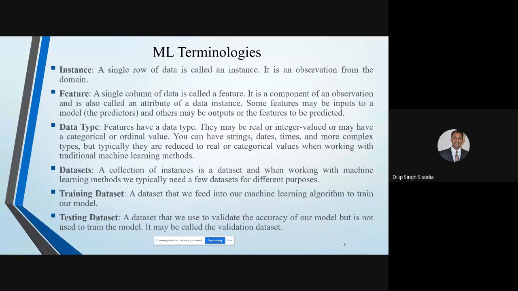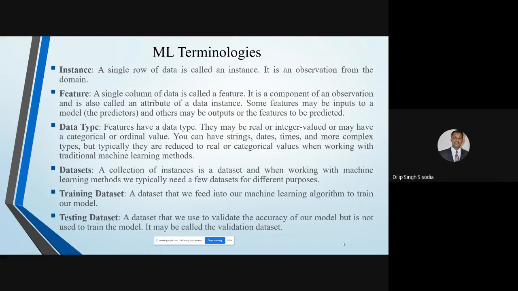But the whole data modeling concept is around how we can use this data. So the first term is instance, or we can say the tuple. A single row of data is called an instance. When we represent this data in two-dimensional form, then one row is known as a data instance, or tuple. The second term is feature or attribute. The columns are known as features or attributes. And there is a slight difference between feature and attribute. An attribute may derive multiple features. From a single attribute, we can derive multiple features.